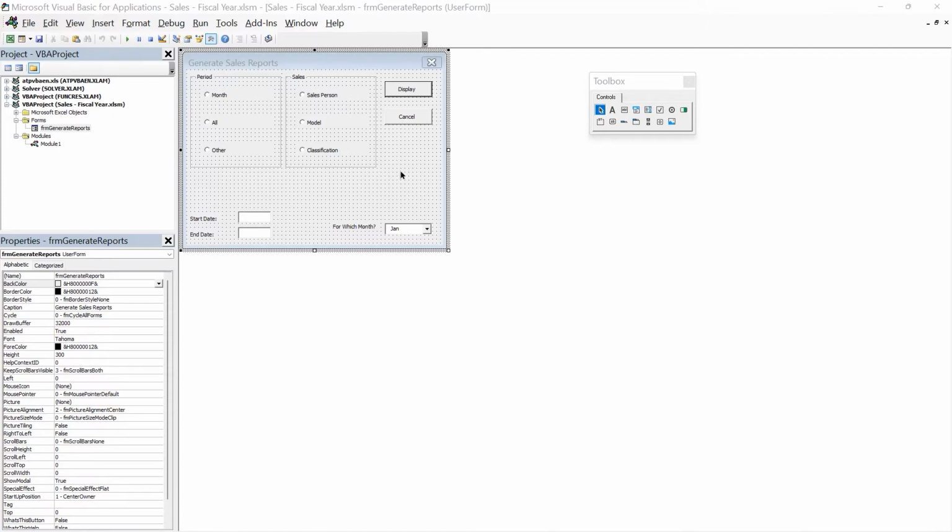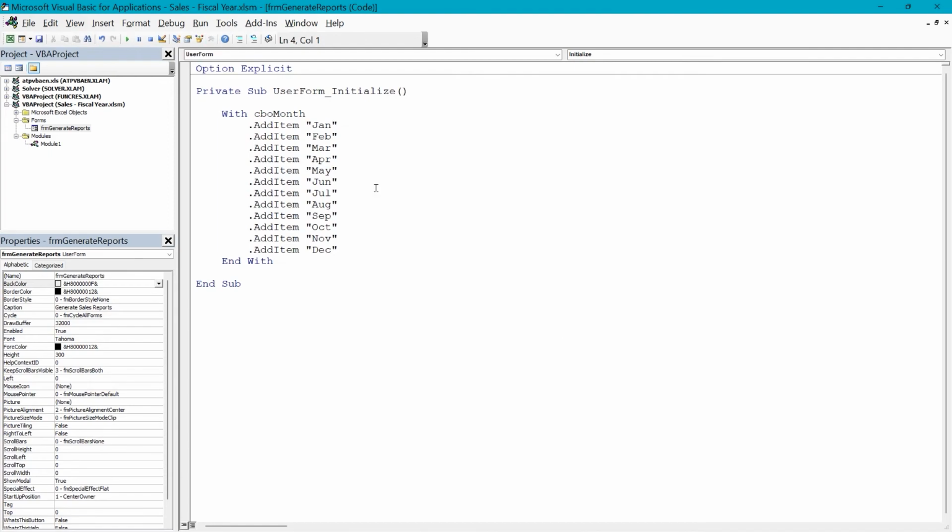Another way to access the code window for the form is just by double clicking on the form grid, and that will take you to your built-in class module. And it's built in because a form is a built-in object here in Excel VBA. So unlike a regular class module where you're actually creating objects that are not included in the application,